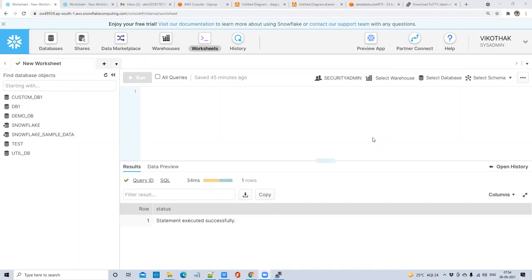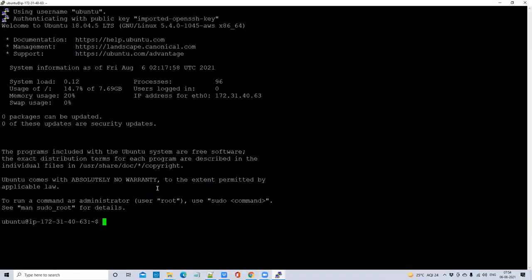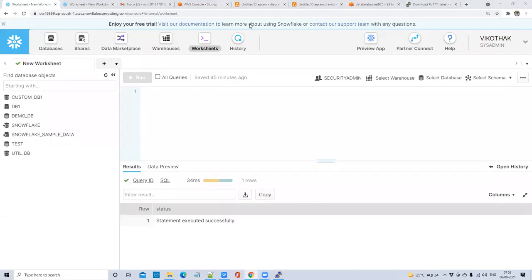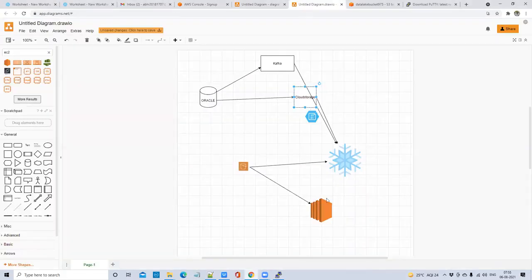One more thing, the instance we have created, the Ubuntu instance, is generally for connecting the Oracle and then pushing it to the staging area, which is nothing but S3. What was the purpose of creating a new system actually?